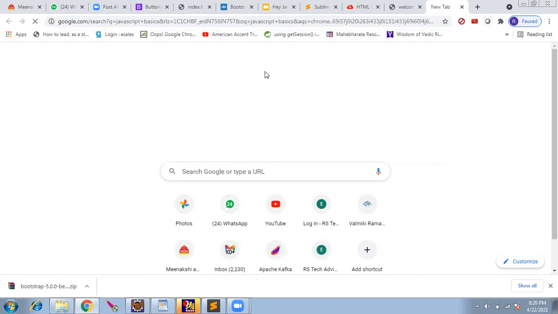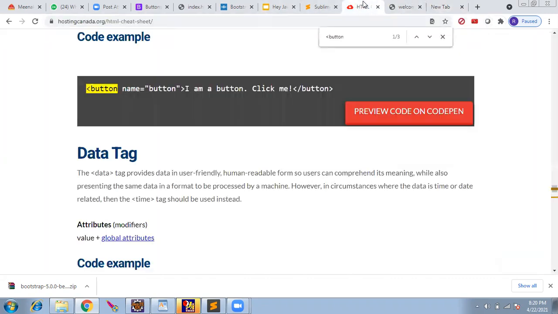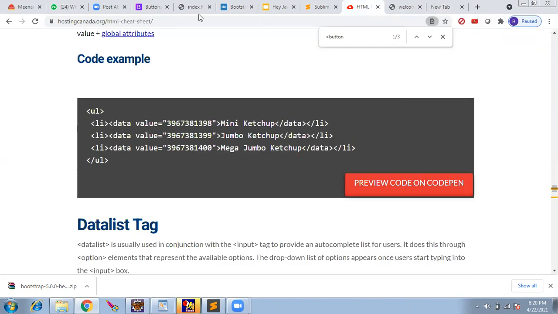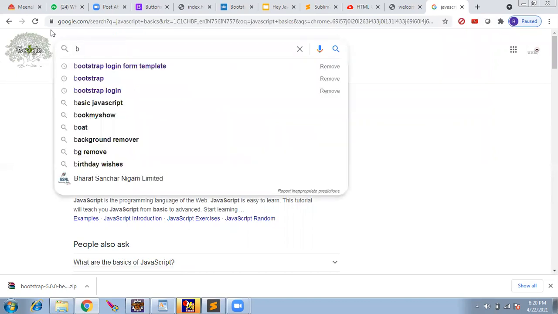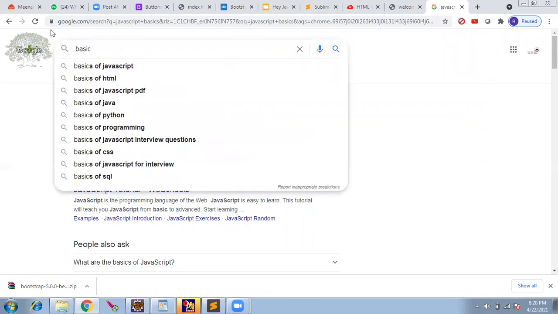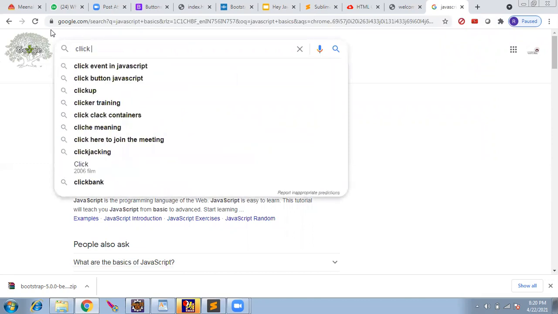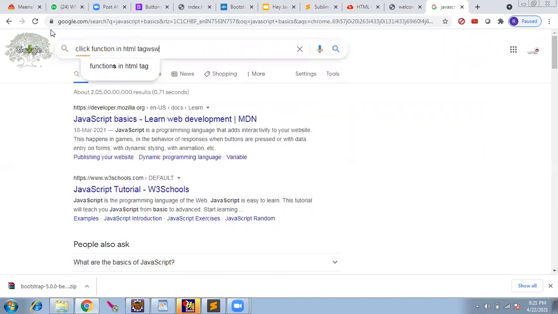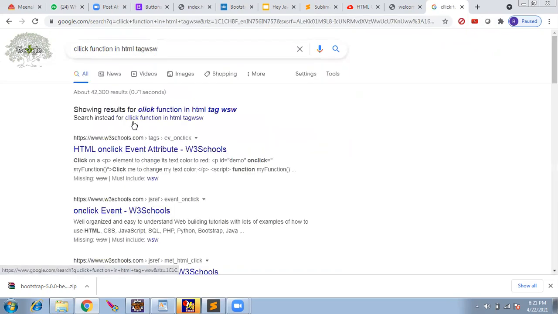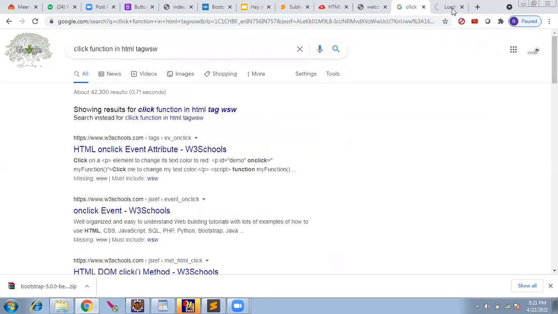Or in HTML itself, the click function. Okay, one second. Rajesh, JavaScript is used just for web pages. And yes, I'll show you now. Basic click function in HTML tags. So I'll go to W3 Schools.